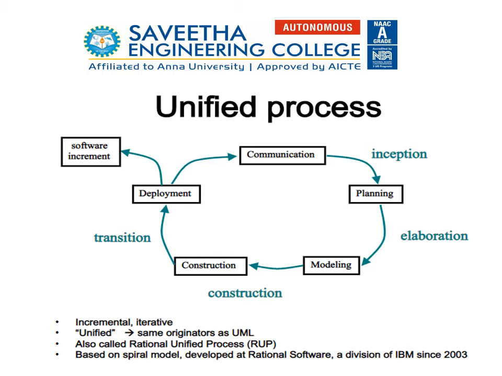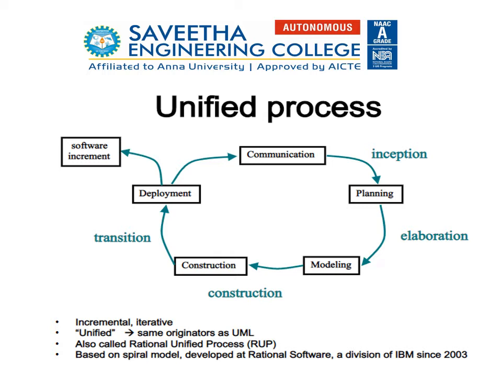After planning for the software development, the developer designs the model. Here he is going to have different modules for that particular product. After designing the model, finally it will be implemented in the construction phase. After the construction is over, the product is ready for deployment. This is what we have seen in the software development life cycle. Here unified process is similar to the same.